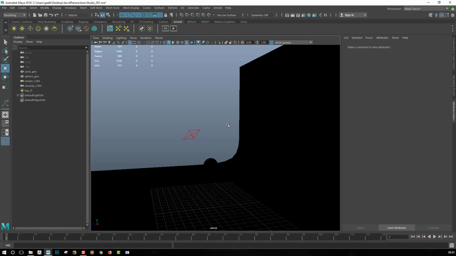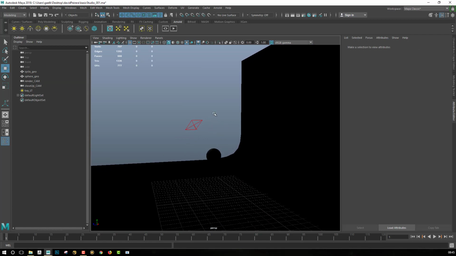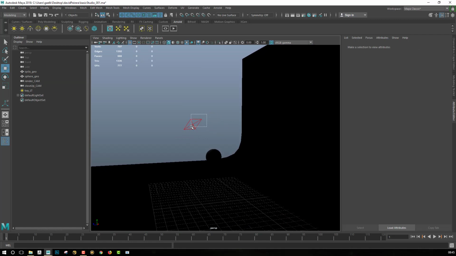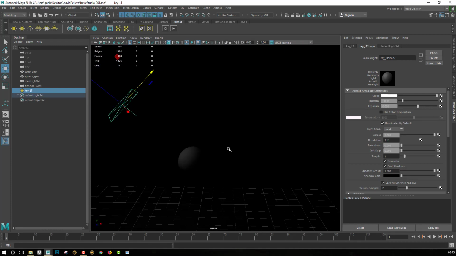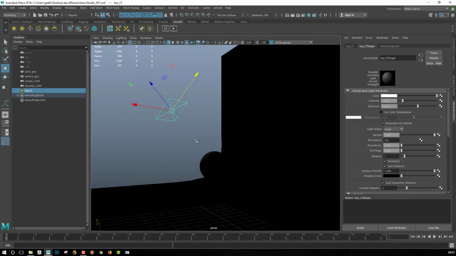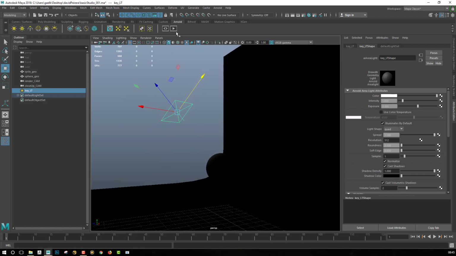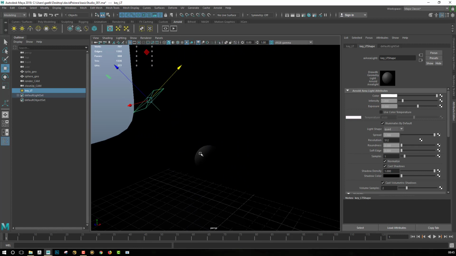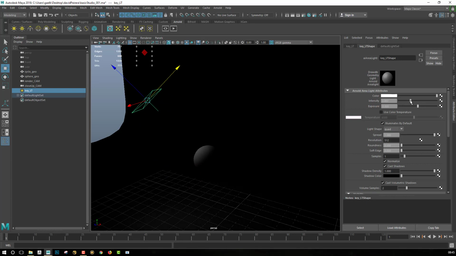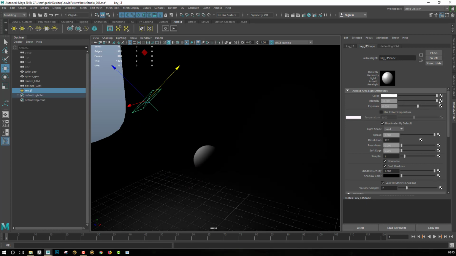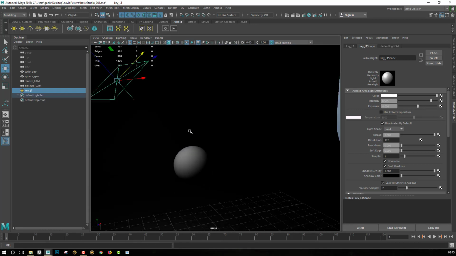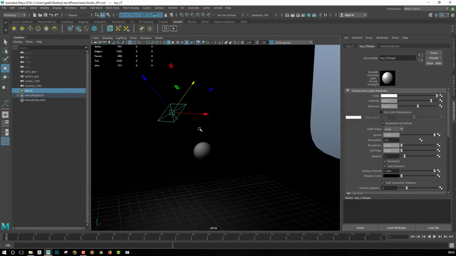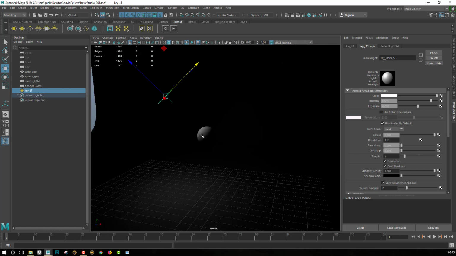it will show in the viewport the intensity of the light, but do not really focus on what is happening here, because it will not match what we'll see in the rendering engine. You can play with it, maybe just for placing the light and placing some base intensity of the lighting, but do not focus too much on what is happening in the viewport, because once we start to render it, it will not look at all like that.